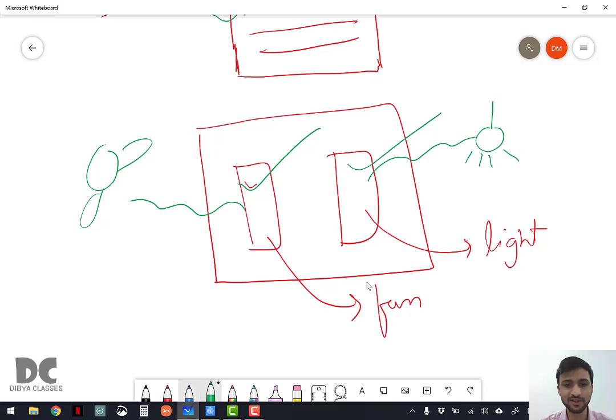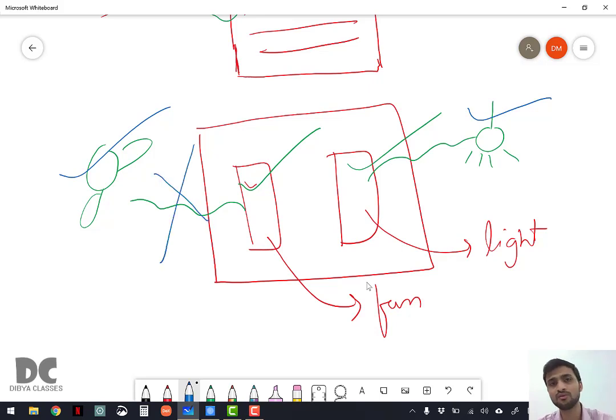No. If you know, it is very good, because you have more knowledge. But is that essential to switch on the fan? No. You need not know how the wires are connected. You just have to know that if I switch on this one, then the fan will work. If I switch this one on and off, the light will work. That is known as data abstraction.